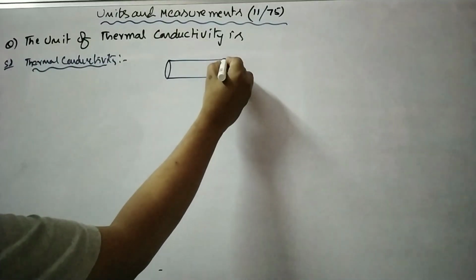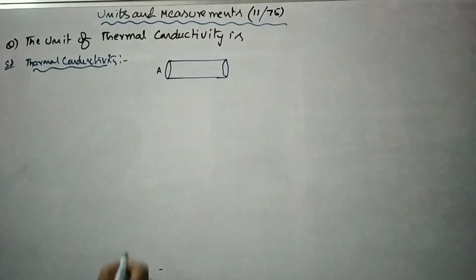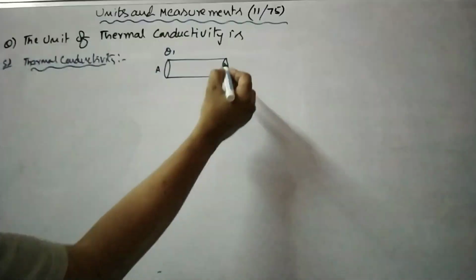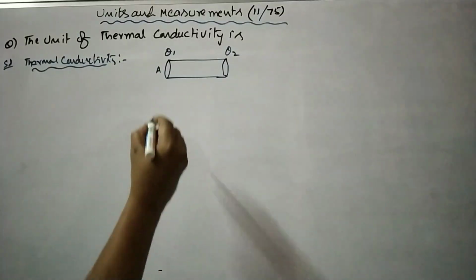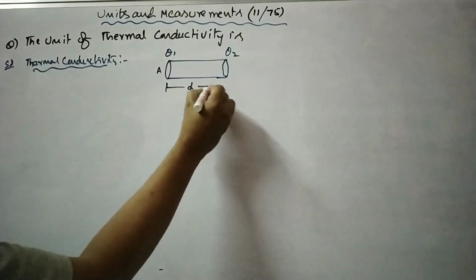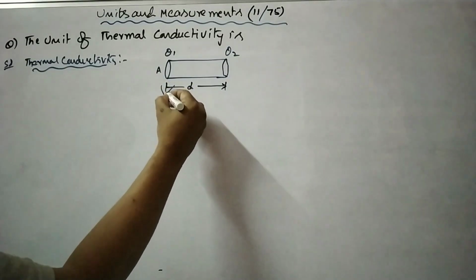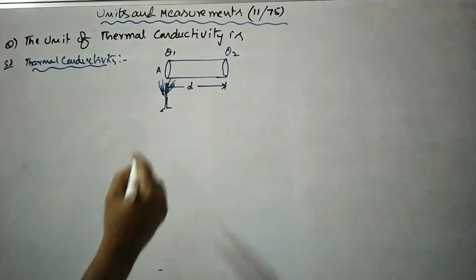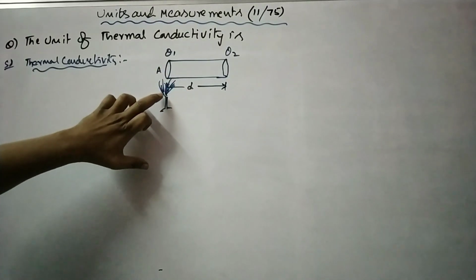So to know its units, you should take a solid material in the form of a rod or slab, whatever it may be, whose cross-section area is A. One end is maintained at temperature theta 1, and the second end at another temperature, theta 2. These two ends are separated by a distance d. Now say this end is kept under a flame. So what happened? Generally, this end under the flame